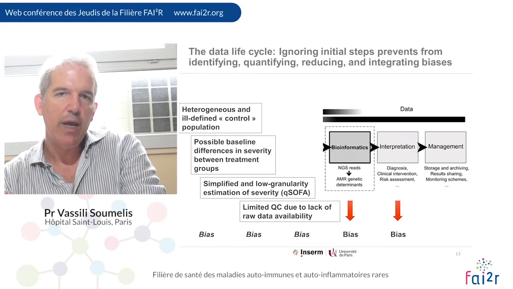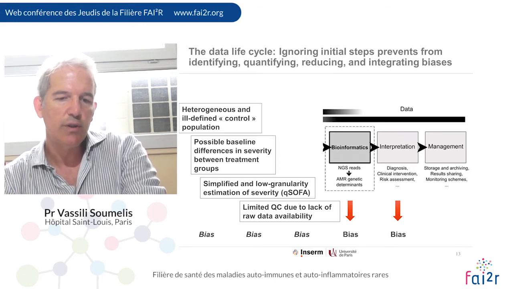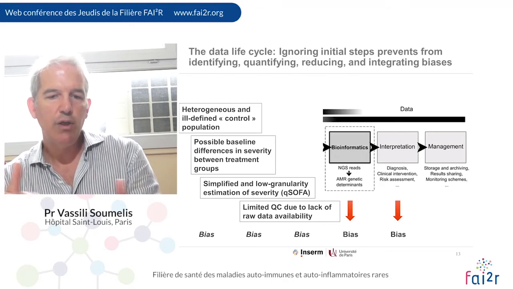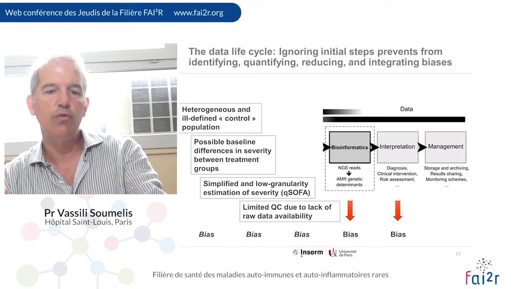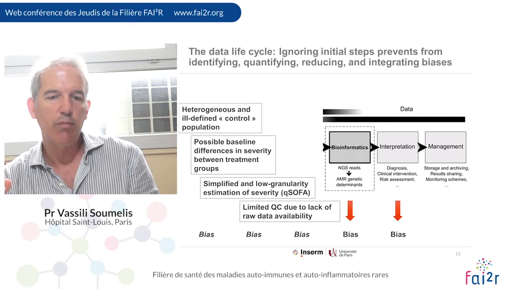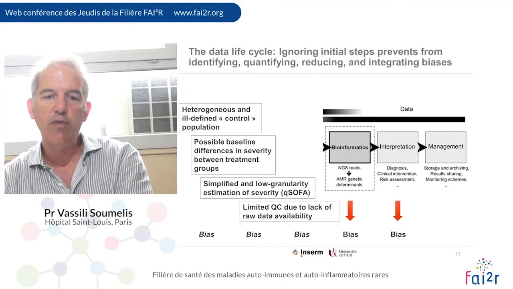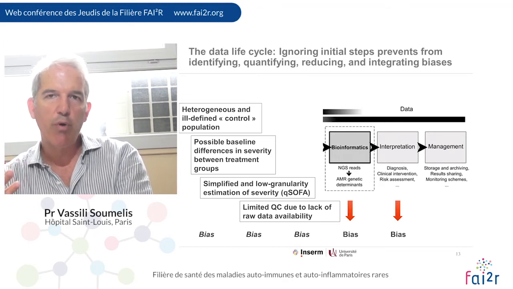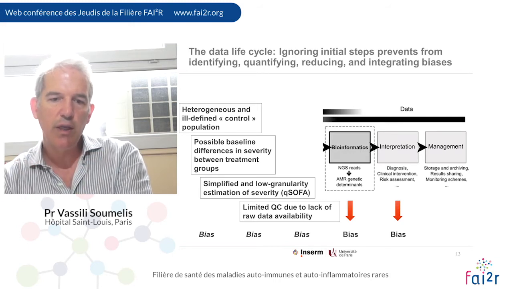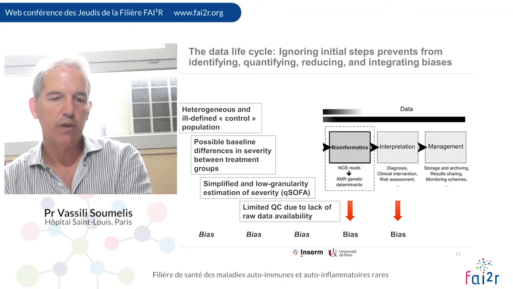Then in the way they evaluated severity, there is also possibly a bias because they used this qSOFA score, which is a simplified severity score that was used because the data to generate the score are limited to 3 very basic clinical variables, and those were the ones available in the patients' clinical files. But it probably didn't allow sufficient granularity to differentiate the initial severity, and this also may have biased the outcome of some of these groups.